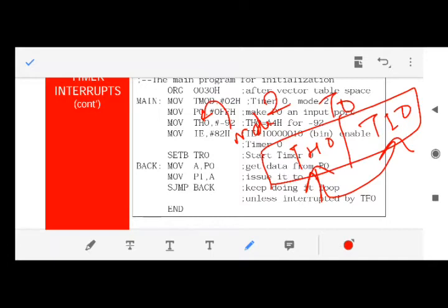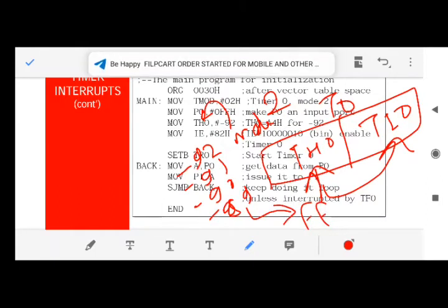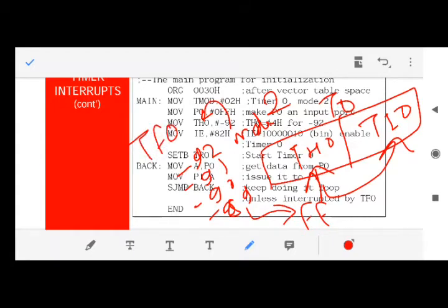For example, if it is written 92, it will start counting minus 91, minus 90, minus 89, till how much? Till FF is achieved. Fine. Once FF is achieved, an interrupt will be generated. How will the interrupt be generated? The TF0 flag would become 1, and the interrupt would be generated, and then the value in TH0 will again move to TL0, and this is how it will keep on continuing.